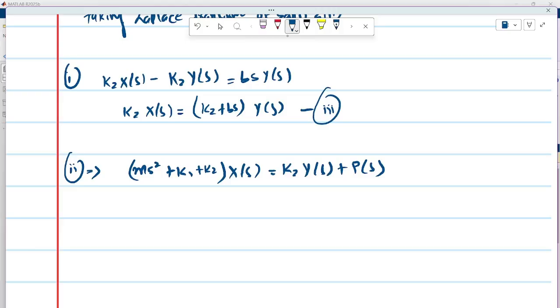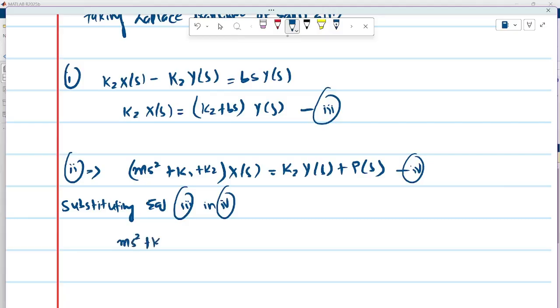So we know Y of s equals k2 X of s divided by k2 plus b2 s, so we can substitute that in equation 4. Now substituting equation 3 in 4, so we will have